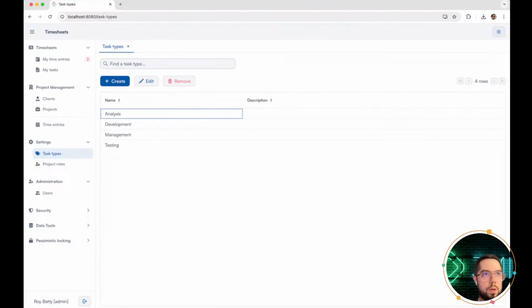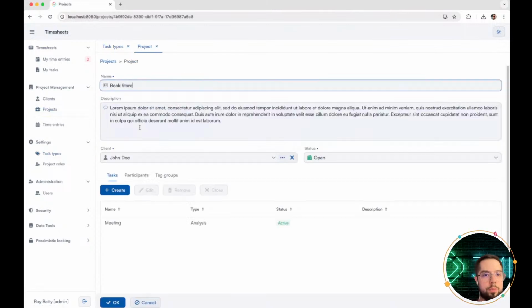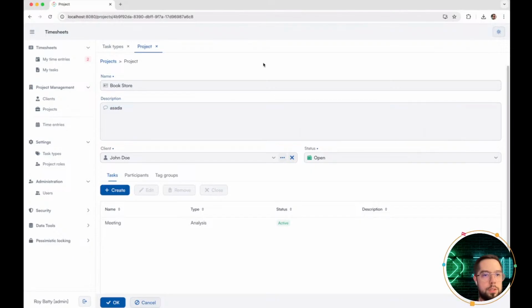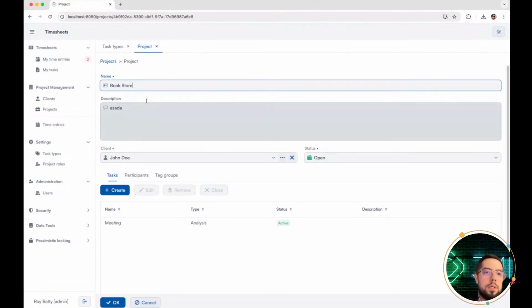Cancel. What else? One of the important improvements to the UI, for example, let's open it like this and change a value. One of the important improvements is that the UI state is preserved when the web page is refreshed. For example, I've opened the project detail view, I have other tabs opened, I've changed my value, and if I refresh the page, everything stays as it was. So no data is lost, the same view state. And when we refresh the page